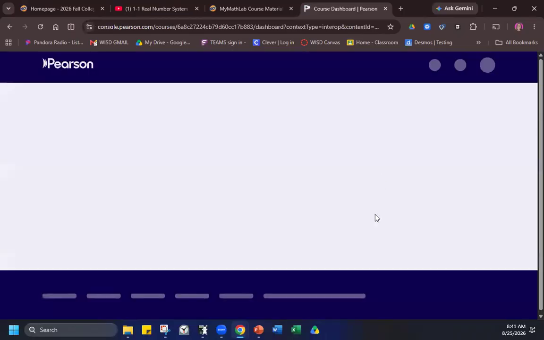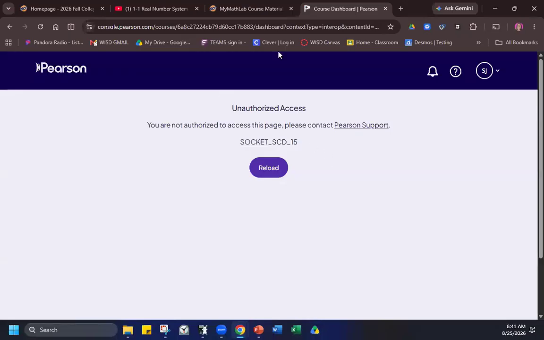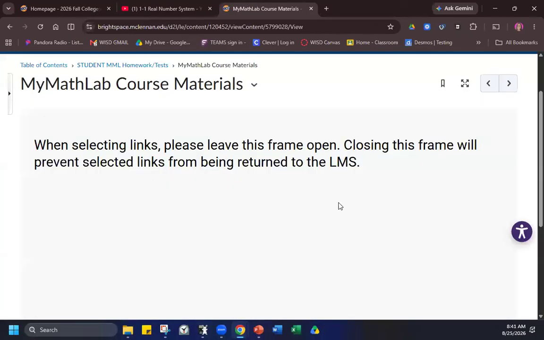Why not? It's thinking. It's thinking. It's probably going to log me in as myself. But you should get a page with loading instructions. You're going to read it. And once you get here, it'll say, do you want to take a tour? Oh, no, you're not a real person. I'm not. Okay. I'm not. But you should get to a window that allows you to keep going.